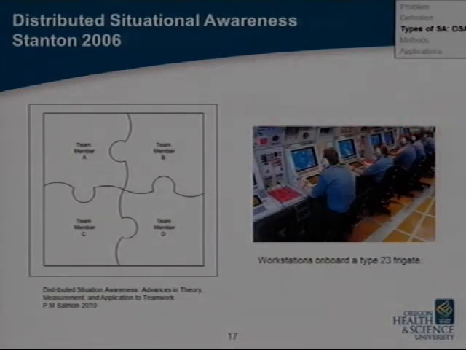In another case by Stanton, he tried to develop a measure, a way of operationalizing this concept of distributed situational awareness. He wanted to move away from this concept of sharing because he felt that sharing put too much emphasis on having all of the team members reach the same kinds of understanding, a homogeneous understanding among each other. Rather, he noted that each of the different agents had a complementary piece of information that the other required in order to perform their tasks.